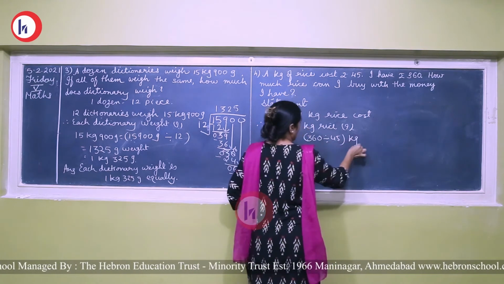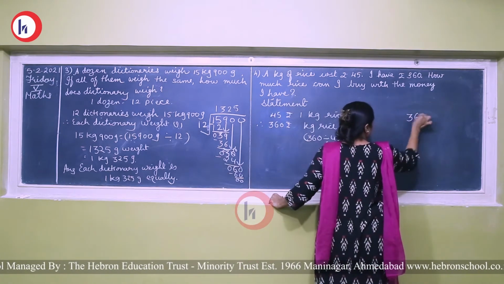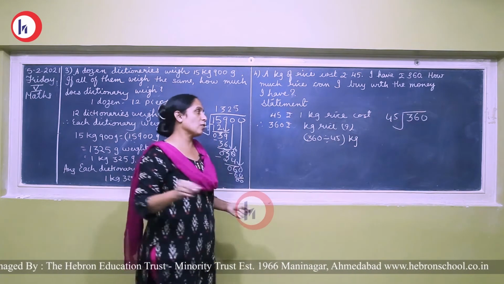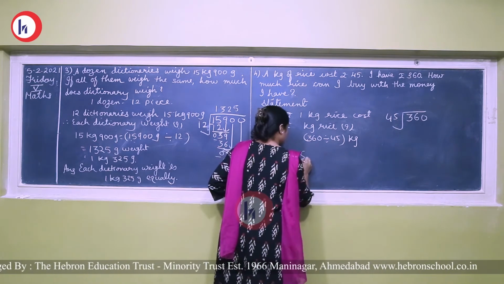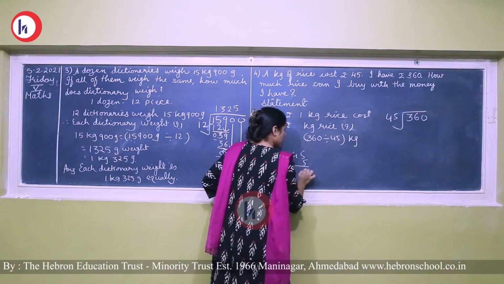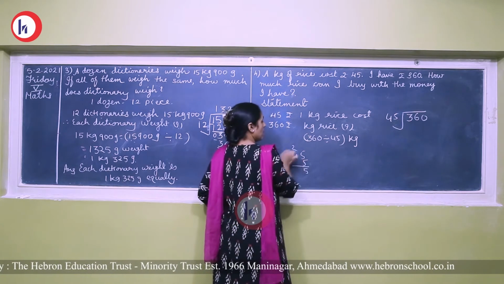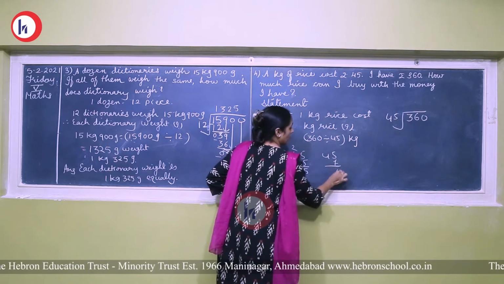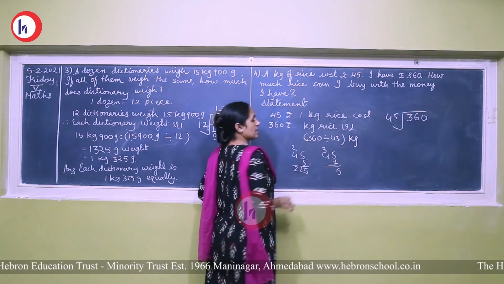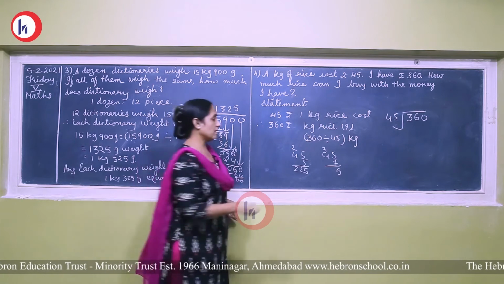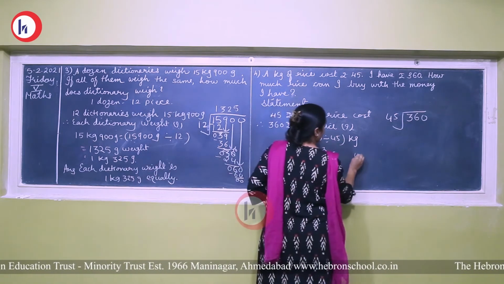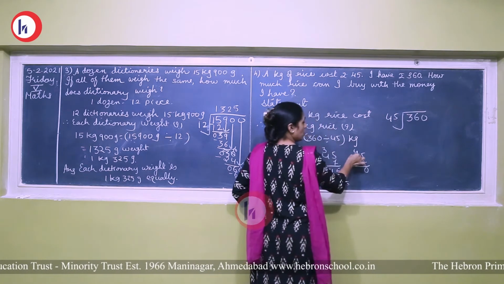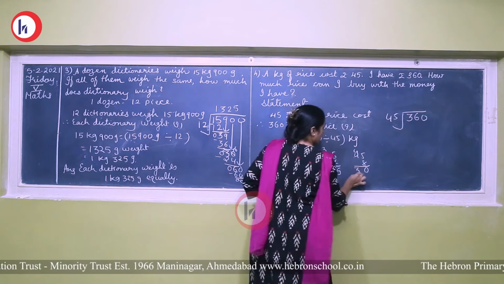So here I will write kilogram. Now 360 divided by 45. We don't know the table of 45. I also don't know. So let's start counting. 45 5s are... I start from 45 5s are. 5 5s are 25. 5 4s are 20 plus 2, 22. 45 6... 7s are. 7 5s are 35. 4 7s are 28. 29, 30, 31. No. Let's try. 45 8s are. 8 5s are 40. 4 8s are 32, 32 plus 4, 360.